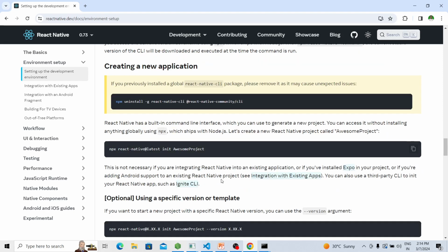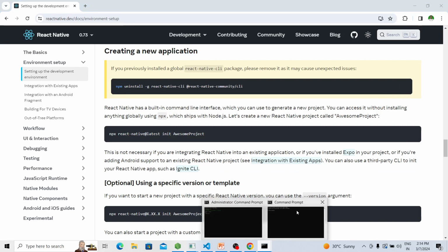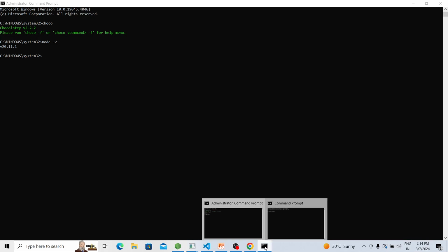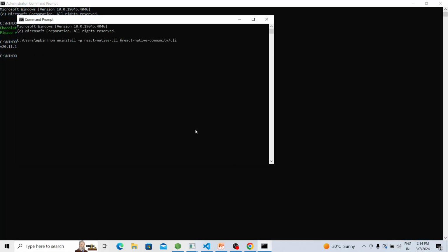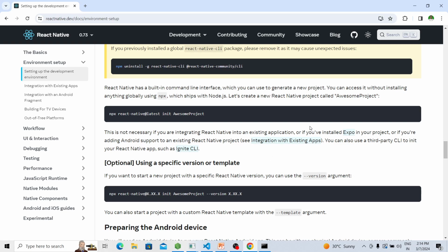After that you have to copy, like this you have to paste, and then it will appear. If React Native is there, then it will uninstall it, or if it is not, then you should install this. You should write the command npx react-native latest, like this. You have to copy this,